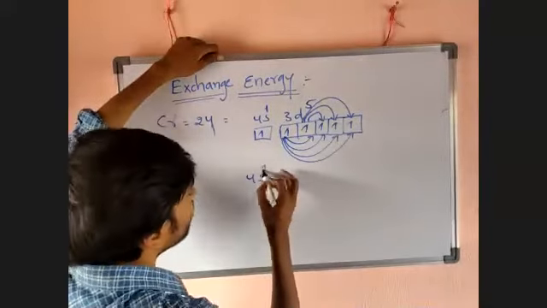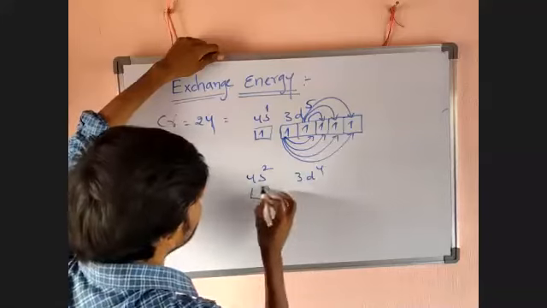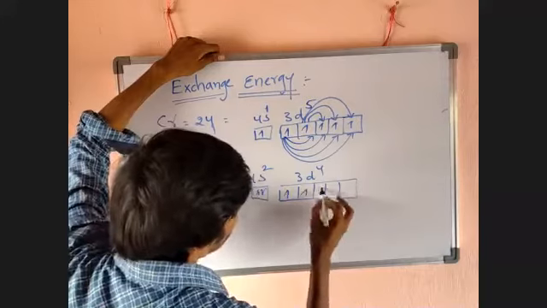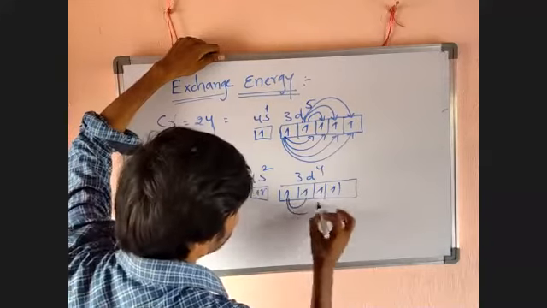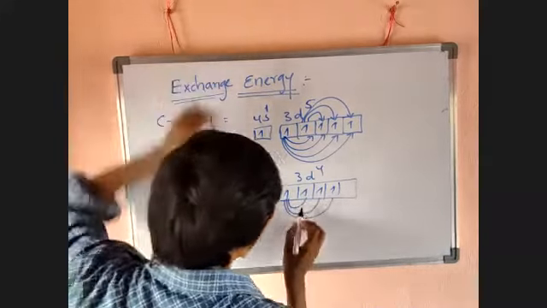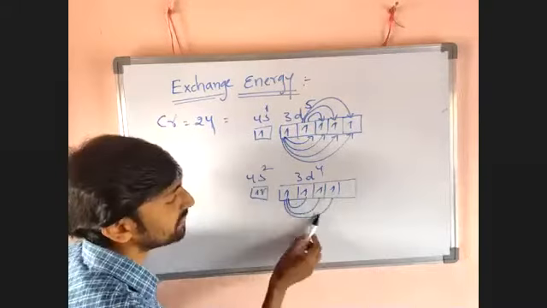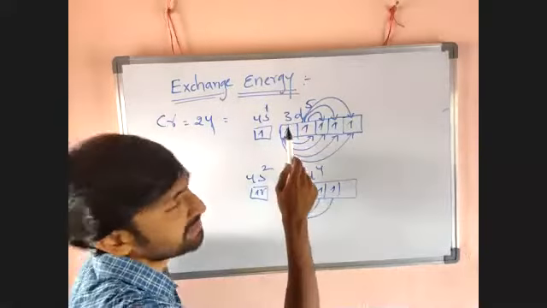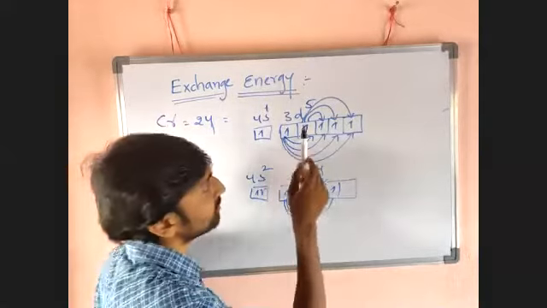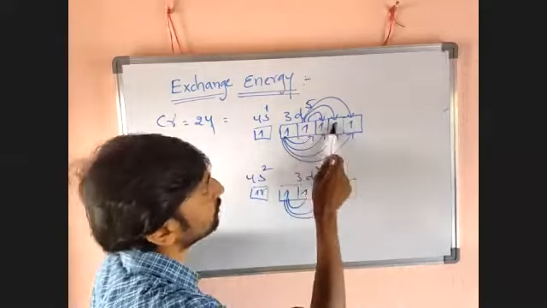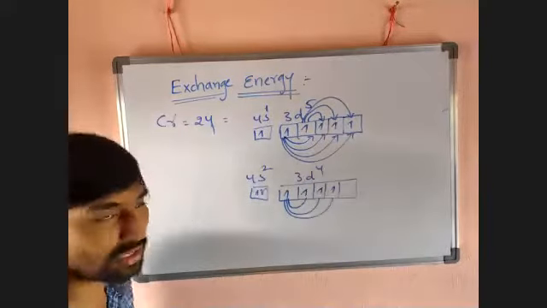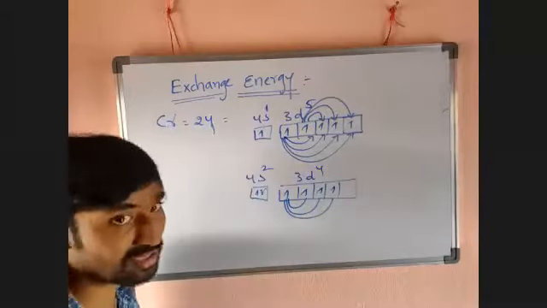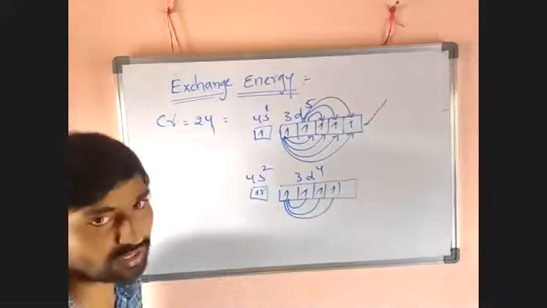Why? Look here, 4s2 3d4. Now it is completely filled: 1, 2, 3, 4, 5; 1, 2, 3, 4. Now it can exchange here, here, and here. How many exchanges for the first electron? Only 3 exchanges. For the second electron, only 2 exchanges. But in this case, for the first electron there are 1, 2, 3, 4, the second electron 1, 2, 3, the third electron 2. So the number of exchanges here is lesser than in the other configuration. That's why this configuration is more stable.